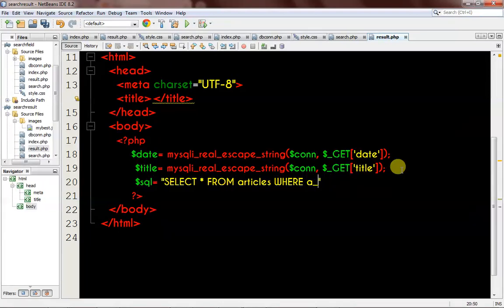So I just want to include this in a backtick. So article underscore dates is equals to the date we have up here. So single quotation, I just copy the date right here, copy and then paste right inside of this,